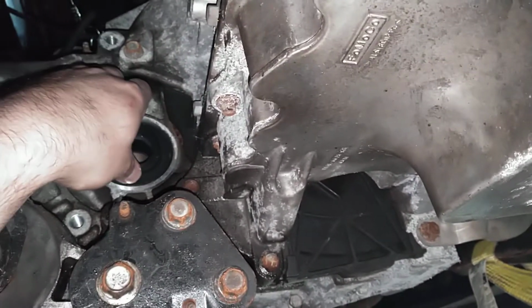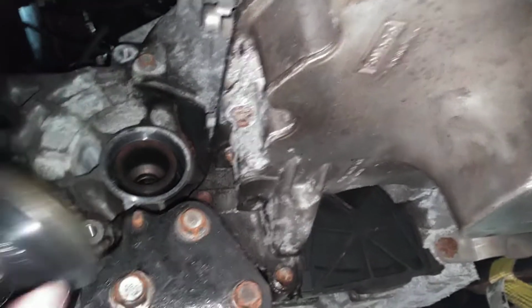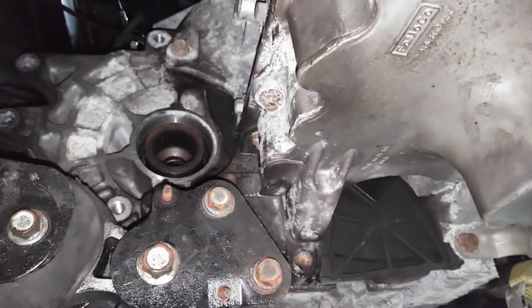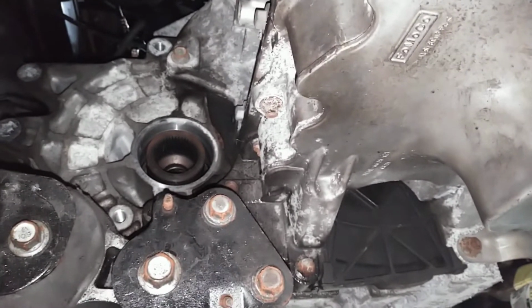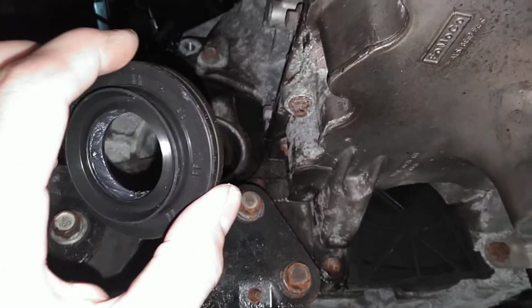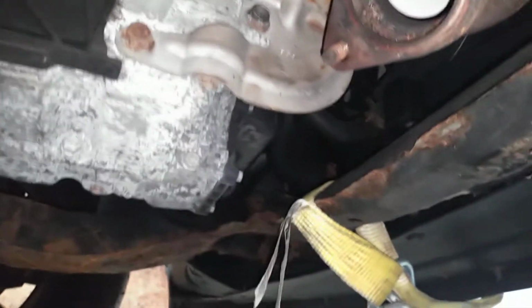I mic'd this to try and find a seal of just any sort I can use to put in here to make this work. I forget, I think the dimension was like 2.772 or something like that when I mic'd it. And I could not find a seal for it at all. This is one Ford gave me for a front-wheel drive Edge. It does not fit. So if you're thinking on doing a front-wheel drive Ford Edge conversion,